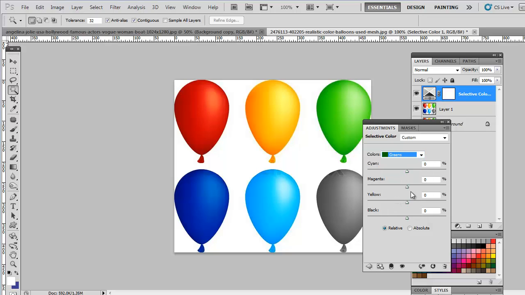Green. For green, or if you choose the absolute one,